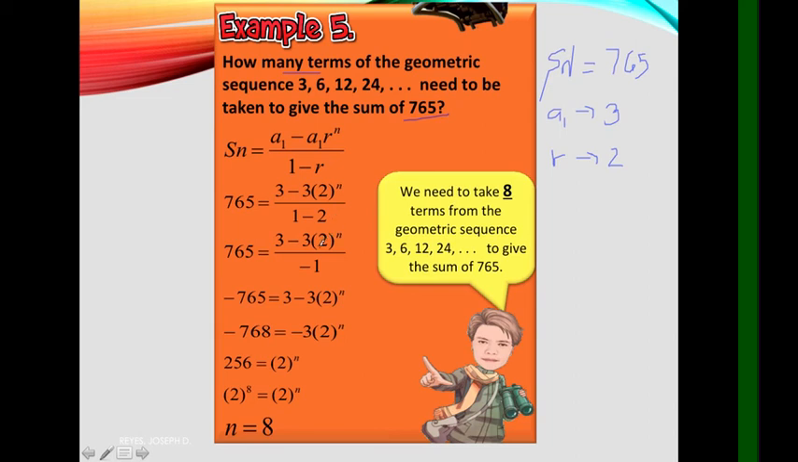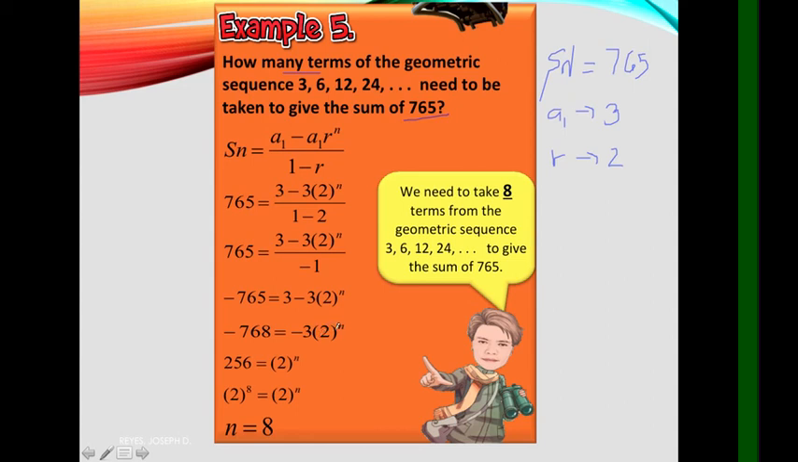So, we have, alright. So, for this one, we have negative 1 times 765, and that is negative 765 equals 3 minus 3, quantity 2 raised to n. And ililipat natin ito. This will become negative 3. Tama? And negative 3 minus negative 765 is negative 768 equals negative 3